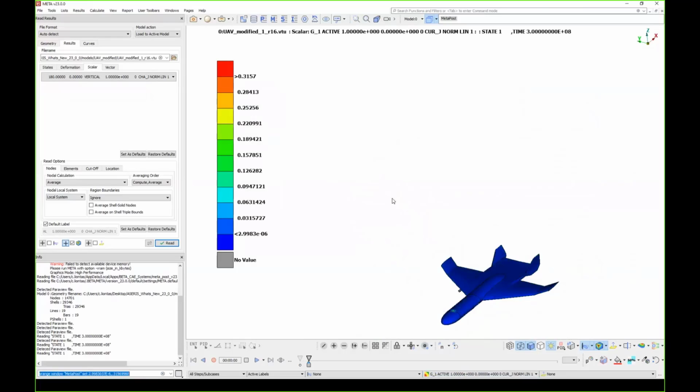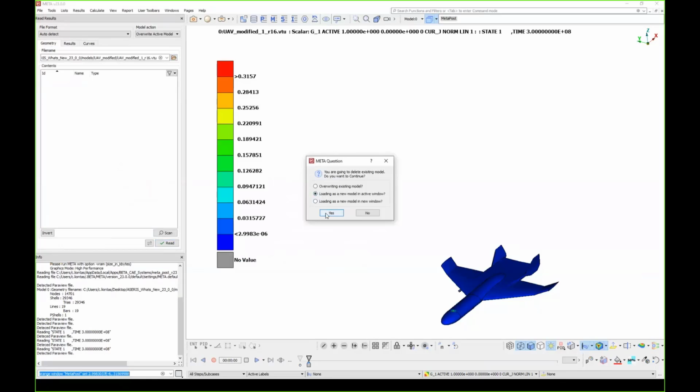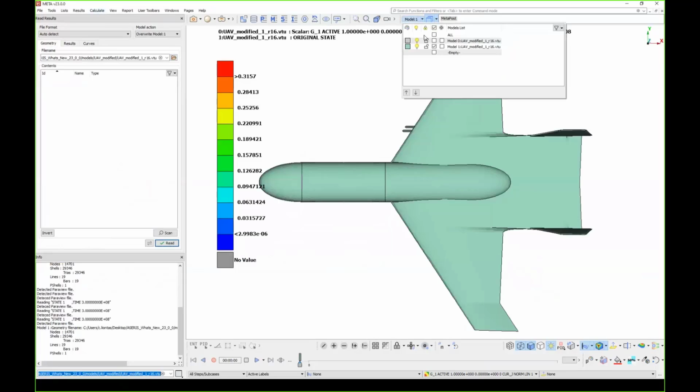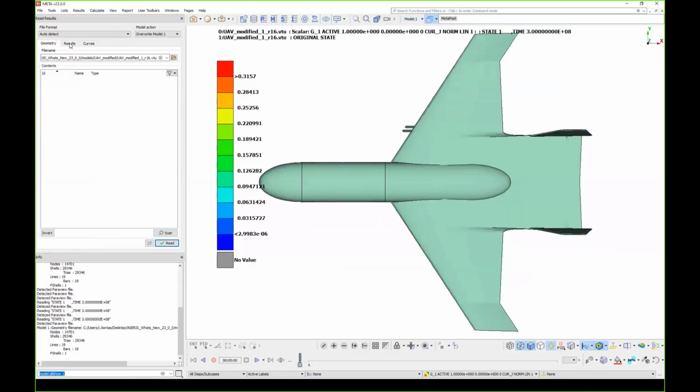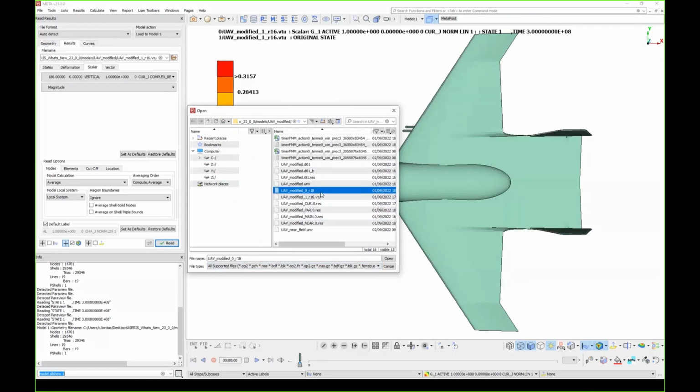And now what is more, we can load the radiation pattern of this antenna. In order to do this, we either have to open a new model and load the radiation pattern, or we can load the geometry anew and load the pattern here. Load this model again in the same window. Okay. And if I go here, I have both geometries, and now in this geometry, I will load this file which contains the radiation pattern.